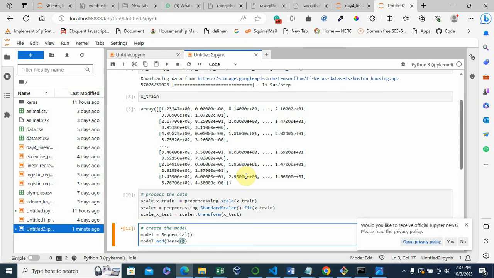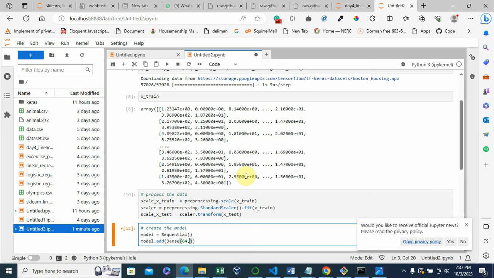You see 16, you see 32, you see 64, and all of those things like that. But by standard, maybe you want to use the number of features, which is essentially the number of variables in your data set. So I'm going to use 64 as the number of neurons.